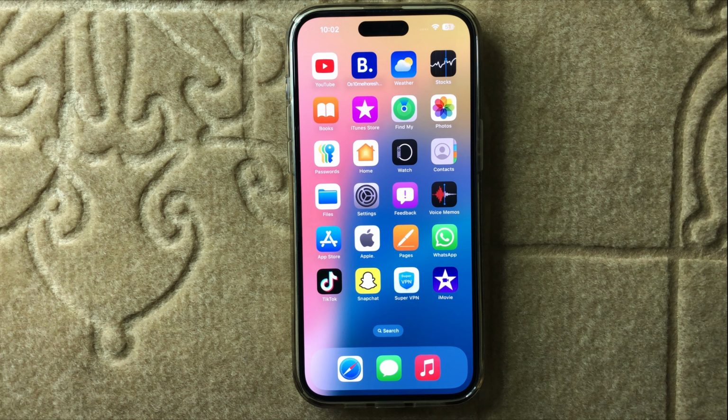Hello everyone, today in this video I will show you how to turn on music haptics in iPhone 16 Pro